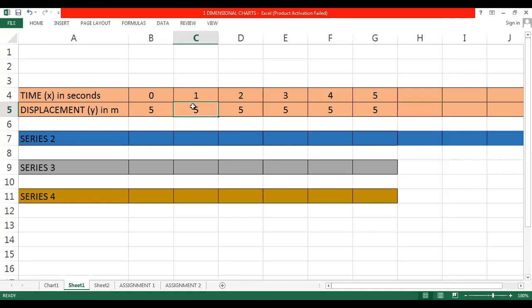Now, let's plot the points. So, what is my x coordinate? 0. What's my y coordinate? 5. So, on the graph, plot x 0, y 5. Plot one point, then x 1, y 5. Plot another point, x 2, y 5. Plot another point, x 3, y 5. In this way, plot these 6 points, and then join all those 6 points with a line and see how your graph will look.